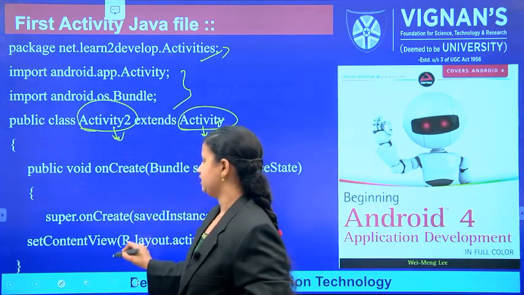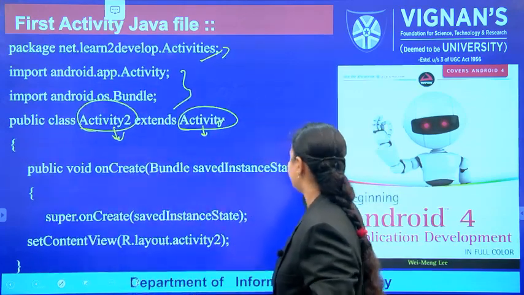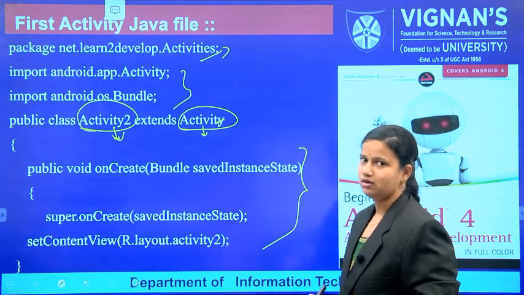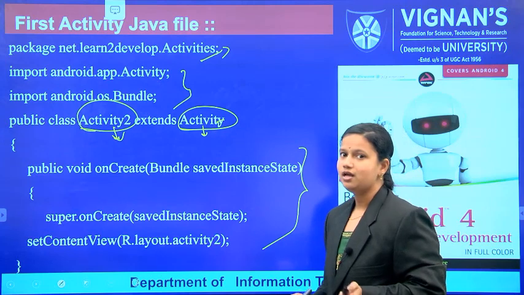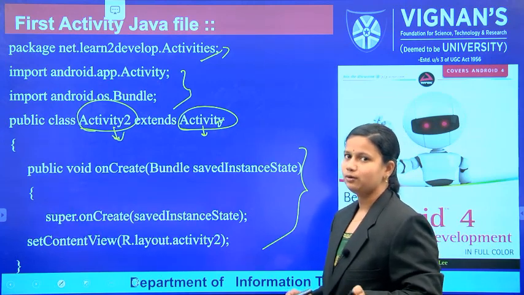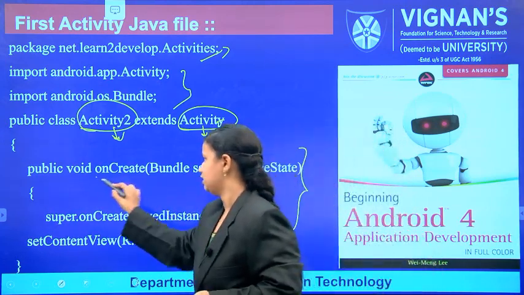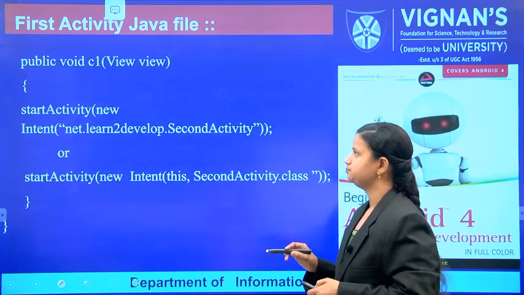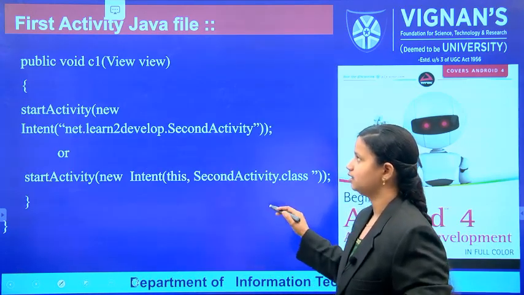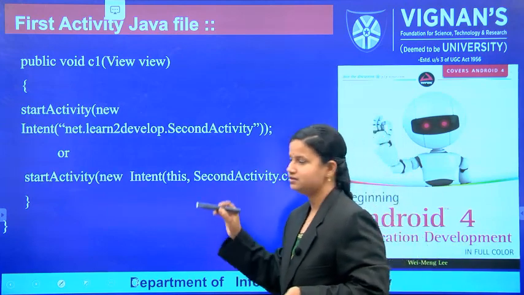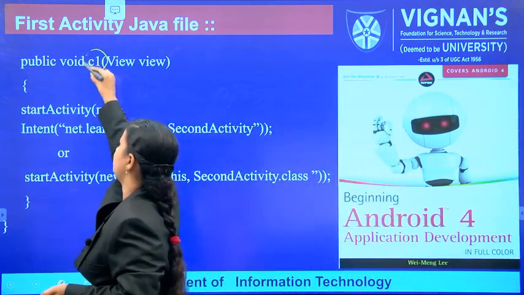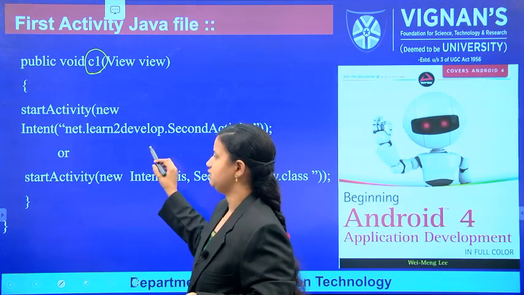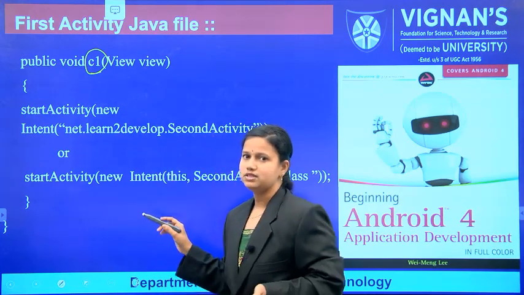Within that, each and every activity has, as we already discussed, different methods: onCreate, onStop, onRestart. From those methods, to launch your activity it will have an onCreate. After that we have to implement one method, c1. Why? Because in the XML file we have to call a method c1. That's why the implementation of c1 is to be developed in the first activity.java.